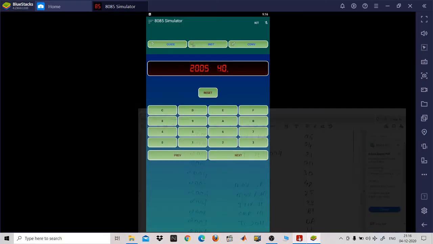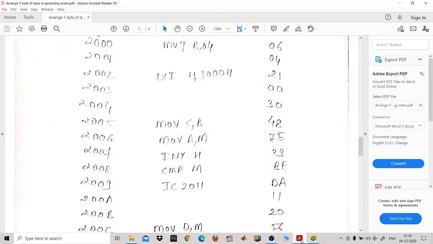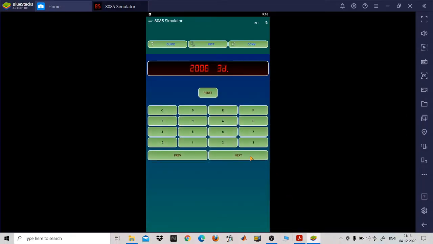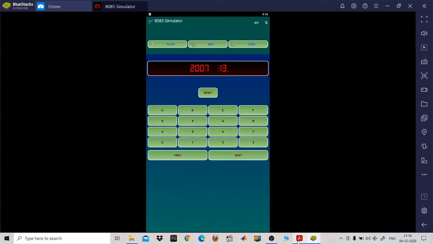Then 48, then 7E. At 2006, 7E. At 2007, 23.